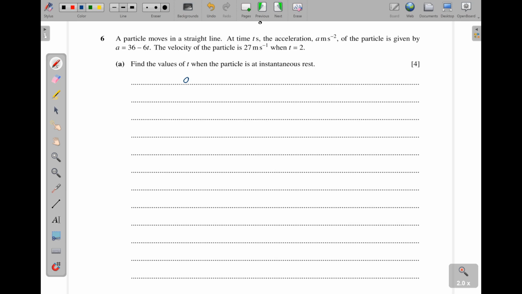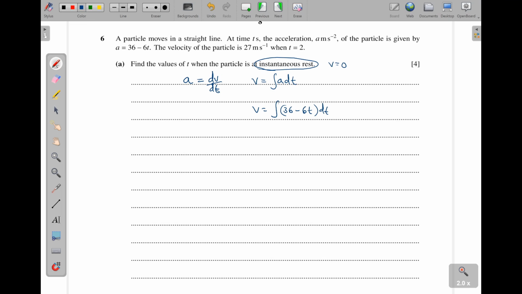Now we know that acceleration is the rate of change of velocity, so it is dv/dt. So to get velocity from here, we shall integrate the acceleration with respect to t. Why are we integrating? Because they said at instantaneous rest. That means v is equal to what? 0. So v is going to be the integral of what we are given here, 36 minus 6t, with